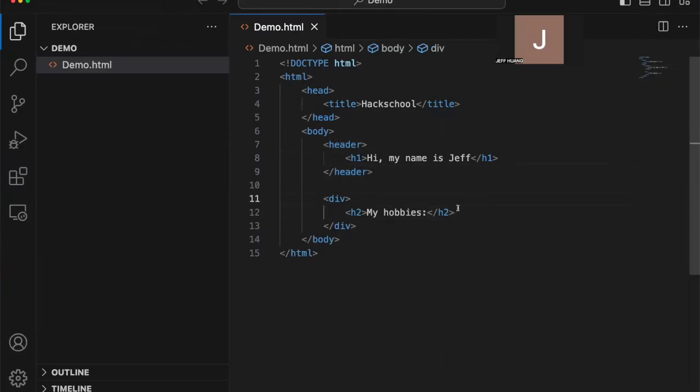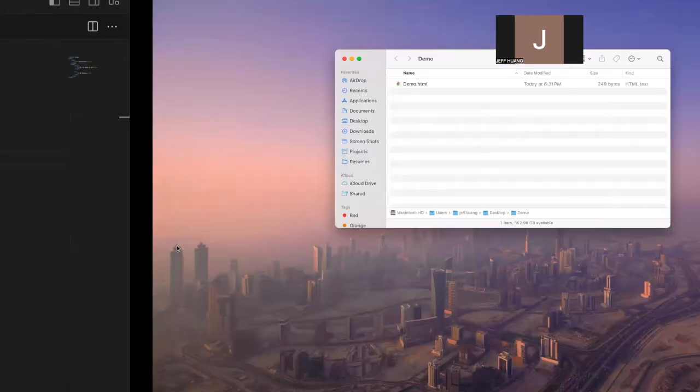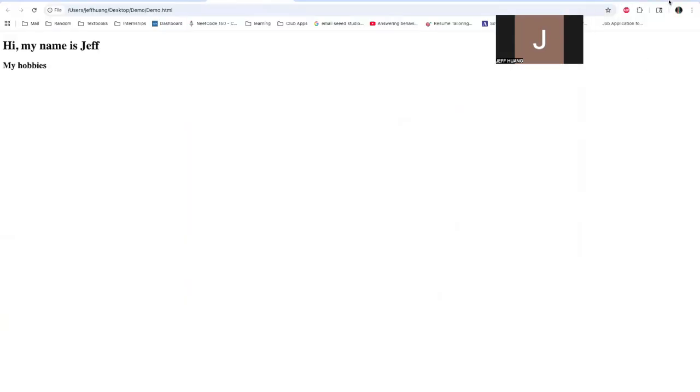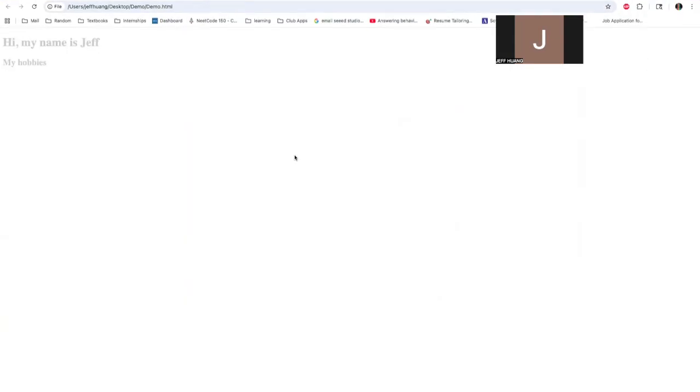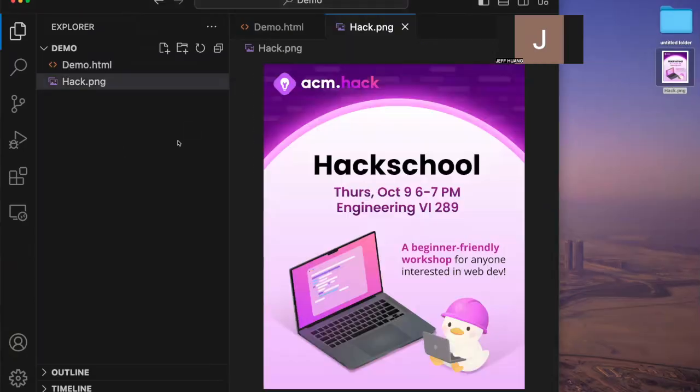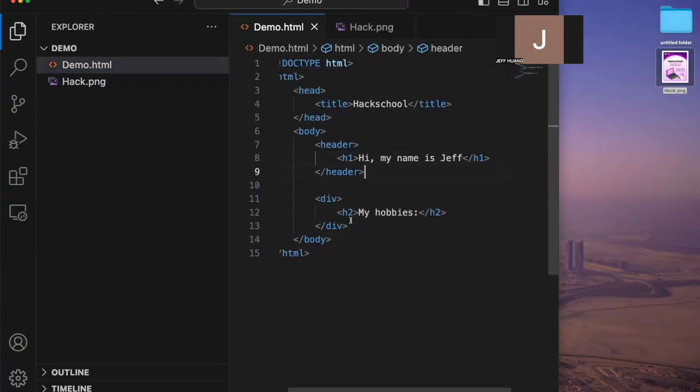And let's say we wanted to add an image, right? What you can do is take your image from here, and then you can drag it onto here, and we'll add it. And then, like before, we can add an image.